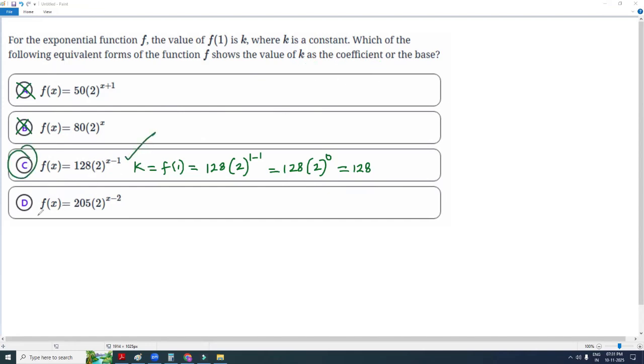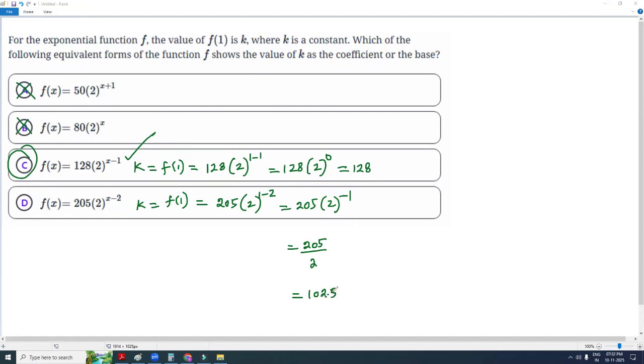Anyways, we can verify answer choice D. k equals f of 1 equals 205 times 2 to the power of 1 negative 2, which is equal to 205 times 2 to the power of negative 1. Then we get 205 divided by 2 to the first power. Since we have a negative exponent over here, I just move this one to the denominator. Then the exponent will change its sign. That is, it will become positive 1. So 2 to the first power is still 2. When I divide 205 by 2, I am getting